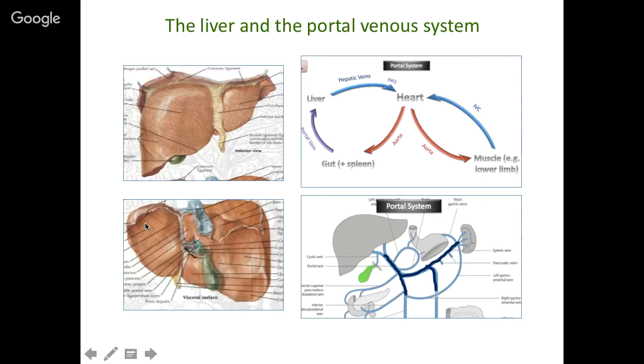It's either left or right. Left, yep, right. Caudate and quadrate. So I've got the IVC and the gallbladder there, and then the porta hepatis, okay? So just remember you've got anatomical divisions and also